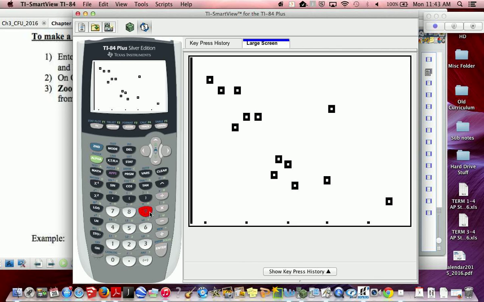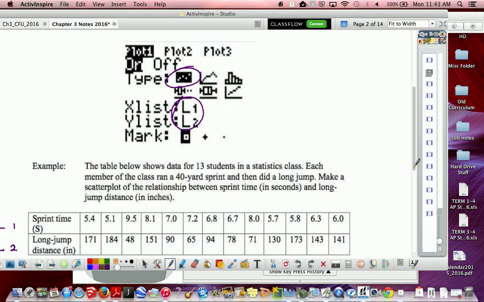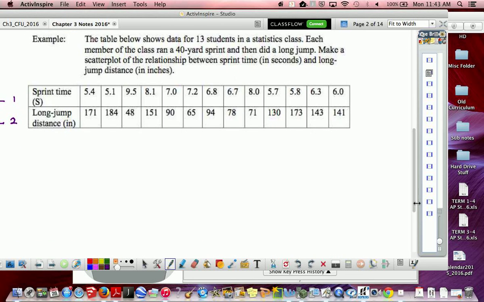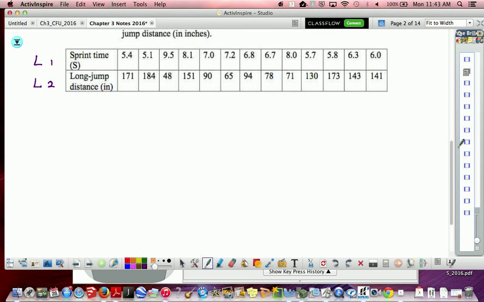Okay? So what's nice about the calculator is it gives you a nice picture, but sometimes you're still going to be asked to graph it by hand. So, down here at the bottom, I am going to draw a little sketch of this. To graph this quickly, or try to do it somewhat quickly, if I'm drawing one by hand,